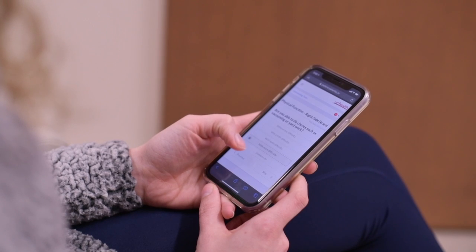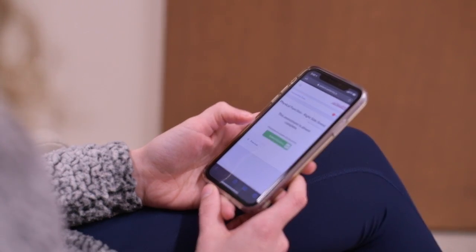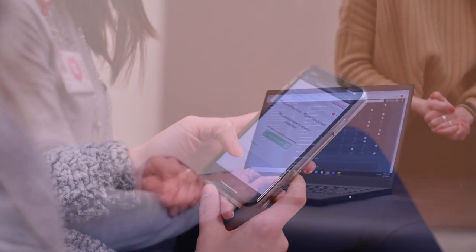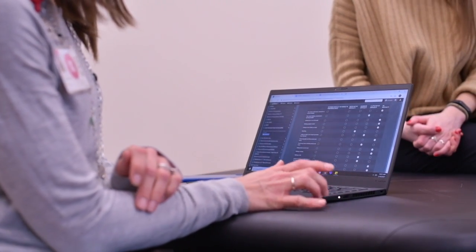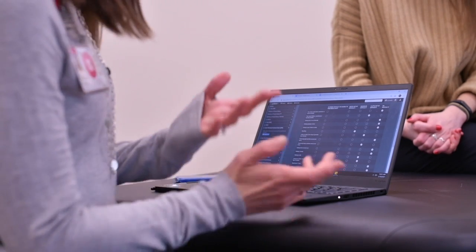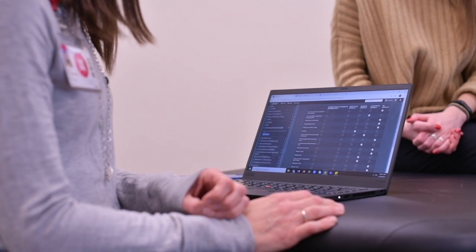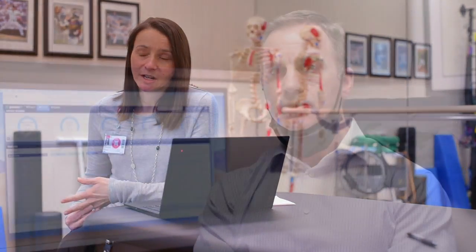Our patients are going to answer a series of questions about what they can do and what they can't do. We can then reflect upon that outcome measure and decide what are the things our patient is struggling with. And from there, then be able to open that conversation up to the patient. I see that you're having difficulty climbing stairs. Is this a problem for you? Do you have stairs in your home? Asking that patient if that is an issue for them. That patient may never have to go upstairs and they may not care if they ever can. And we can gain a lot of information just by filling out that outcome measure. We use it real time.